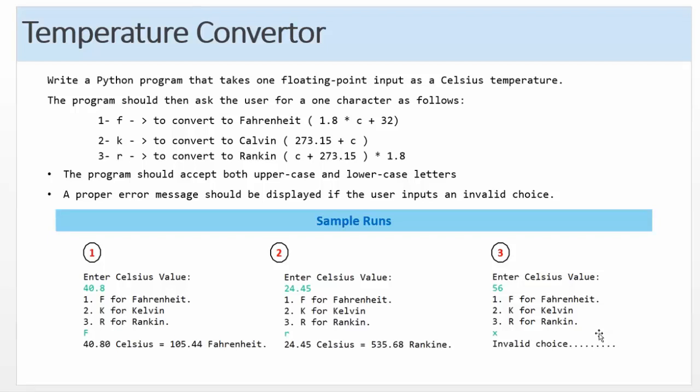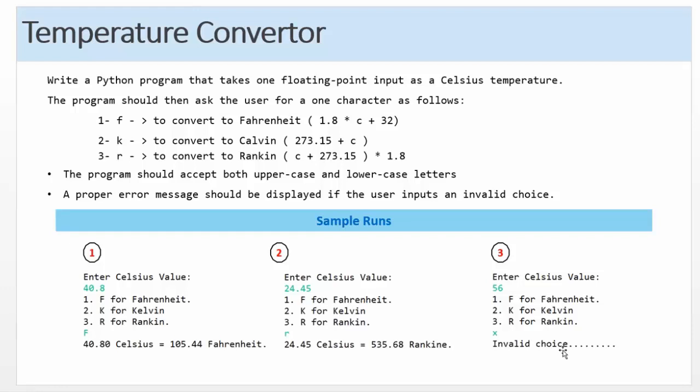You will enter the Celsius temperature first, then ask the user to enter either F or K or R. If the user enters F, then you convert the Celsius to Fahrenheit. If he enters K, then you convert it to Kelvin. If he enters R, you convert it to Rankine. If he enters a wrong choice, like here, as you see in run number 3, if he enters X, you tell him invalid choice